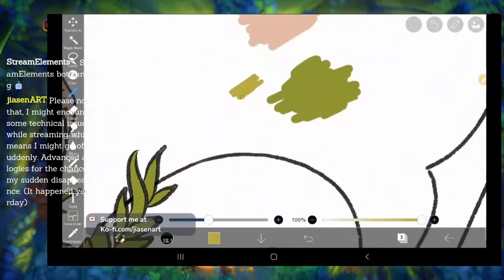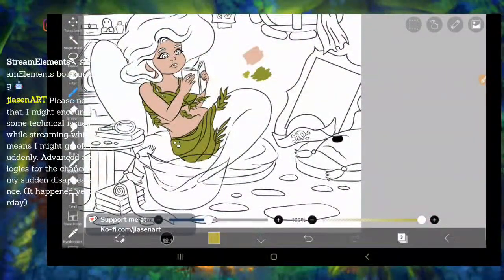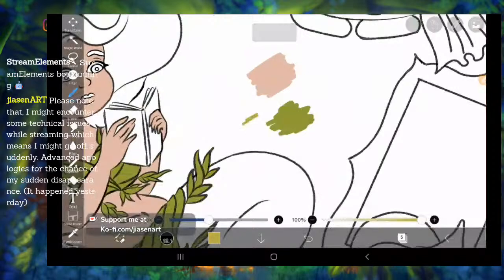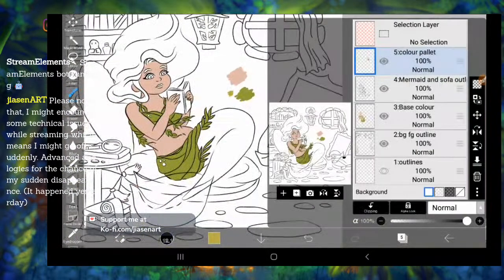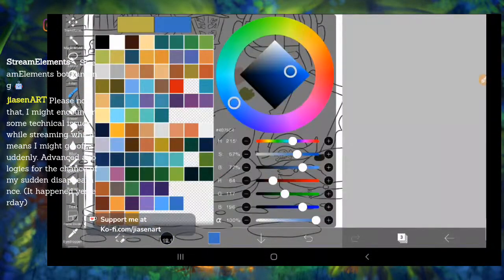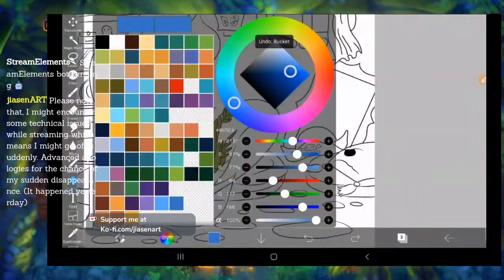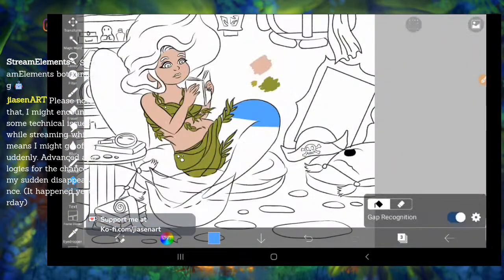Now, while outlining this type of illustration, I did have an issue. I used this watercolor edge brush, which has a bit of an opacity problem.